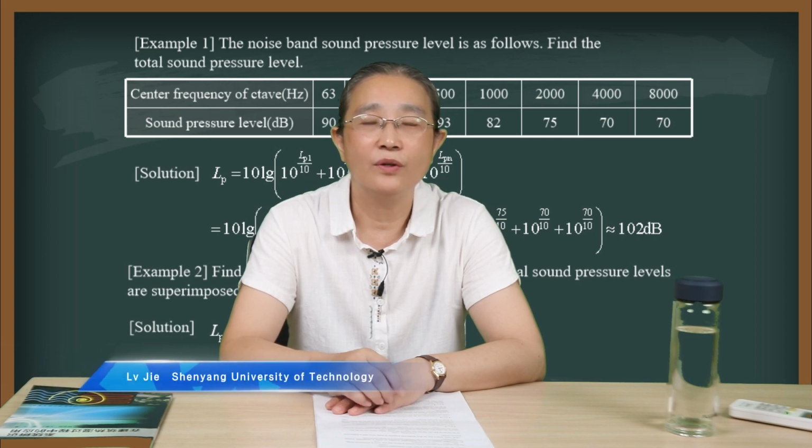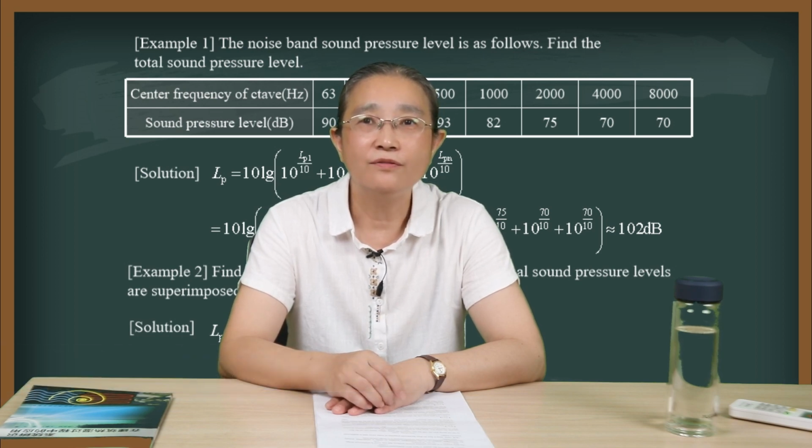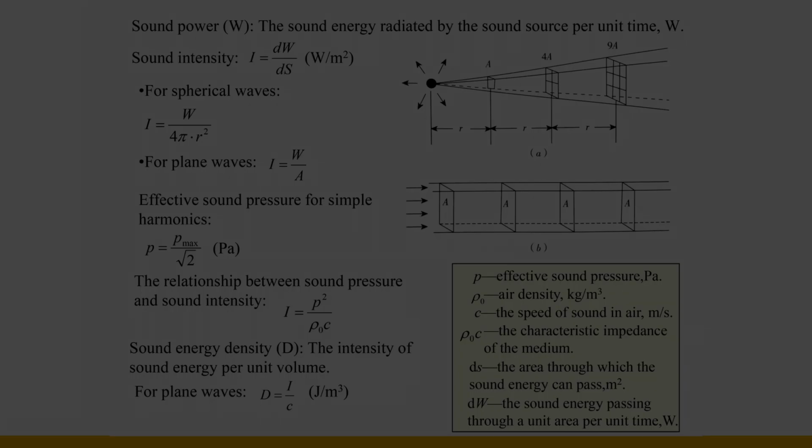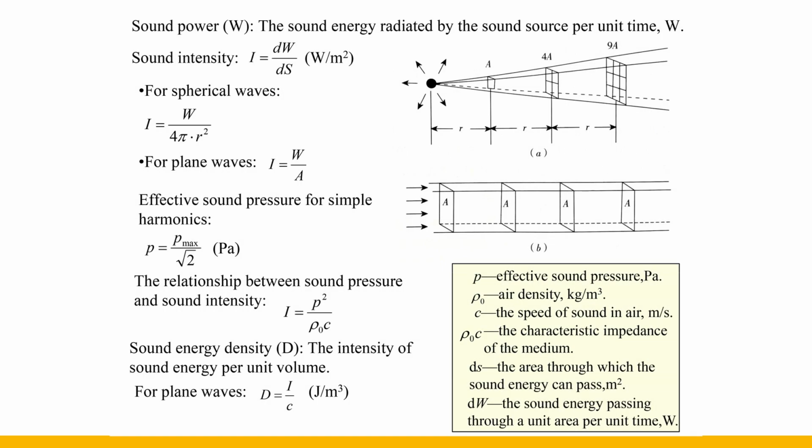Sound waves are a form of energy transmission. Therefore, it is necessary to measure sound using physical quantities such as sound power, sound intensity, and sound pressure. Sound power refers to the sound energy radiated by the sound source per unit time, and is the output power of the sound source. In watts, it is regarded as the characteristic of the sound source itself in the sound environment design, so it does not change with different environmental conditions.